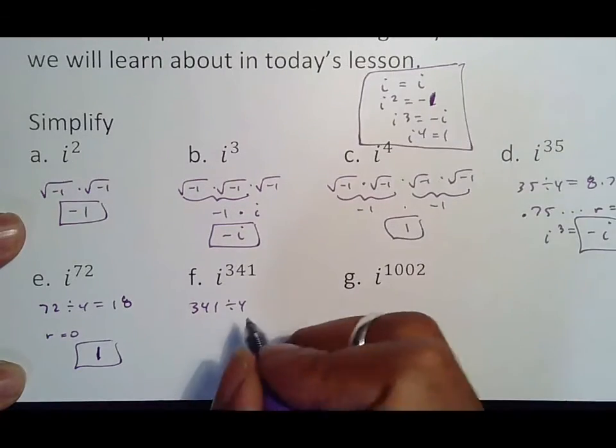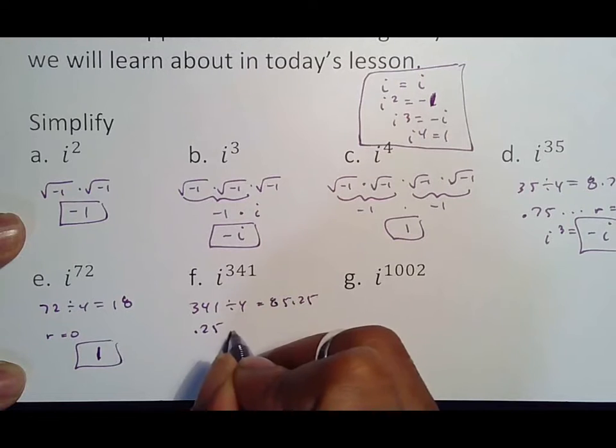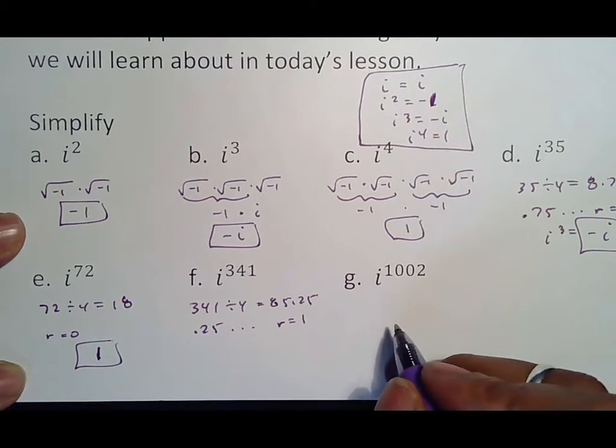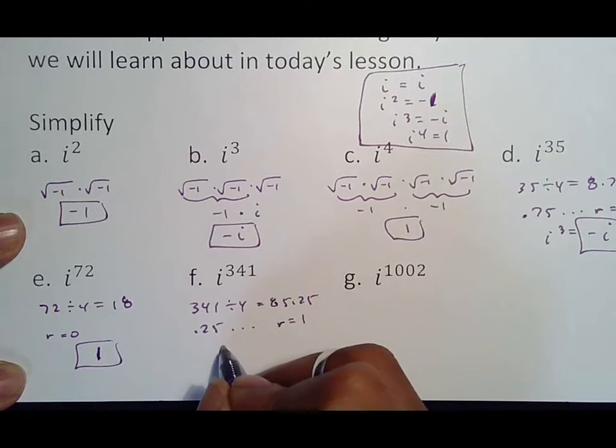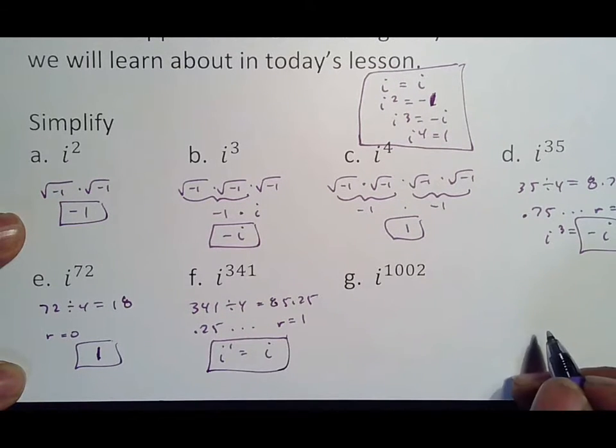Which is 85.25. The 0.25, because you're dividing by 4, means my remainder is 1 because you have a quarter left over, which means it's the same as i to the first, which is i. And 1002,